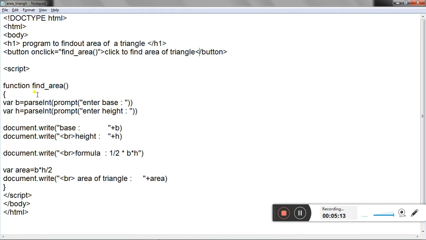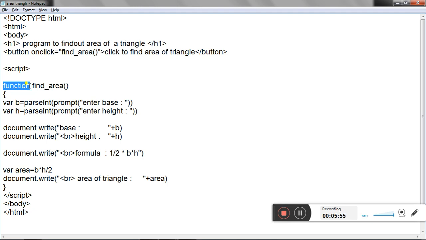Now script, function findArea, this is the function which we have already called here. Okay, it will call the function if it exists, right? So we need to create the function as well, right? So to create a function we require the function keyword, as it is a user defined function, so we need to declare this. Okay, so to declare any user defined function we require the keyword function. After function it is followed by the function name. The name of the function is findArea, which has already been called on clicking on a button, right?